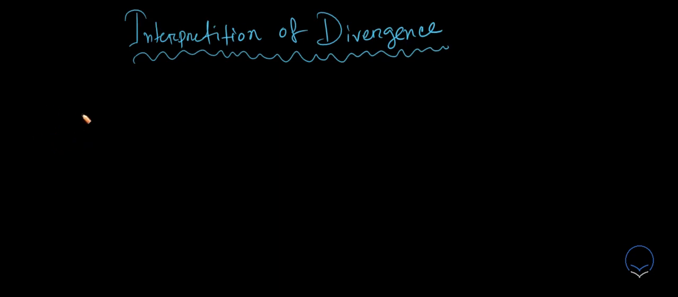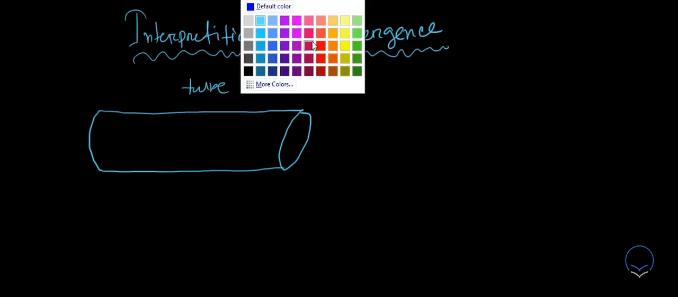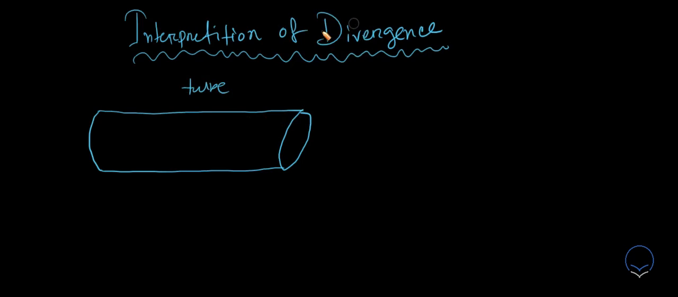So let me first draw something. Let me first draw a tube, an almost cylindrical tube which has an opening like this, which is not cylindrical. So this is our tube, and inside this tube we have some water that's flowing. So this is our water, and this tube will have a cross section of, let's say, A prime,